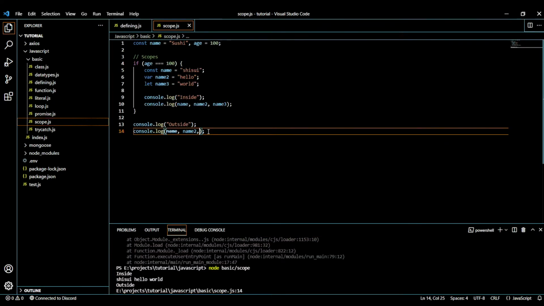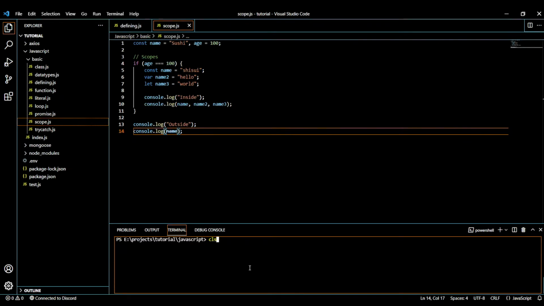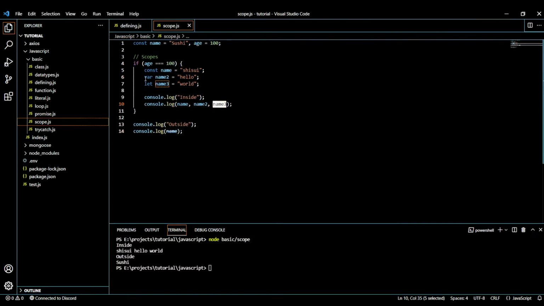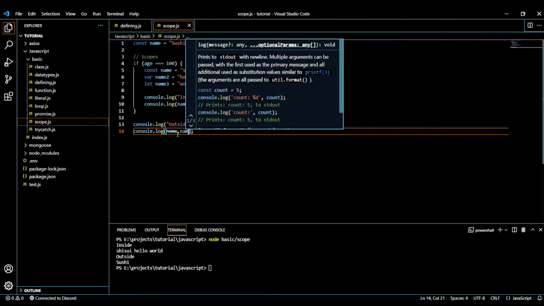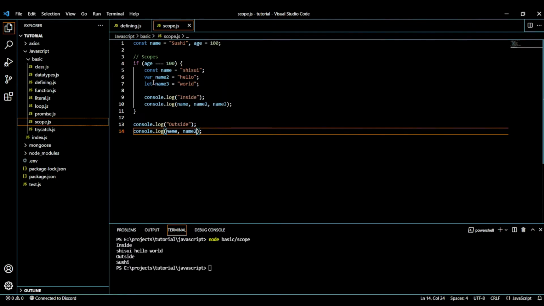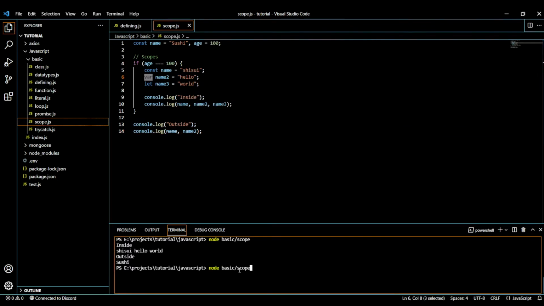If I just remove name3 from here and name2, then this will happen. Inside it logged everything, but outside it cannot log name2 or name3. But to be honest, it can log name2, because you remember I said that var has different scopes.